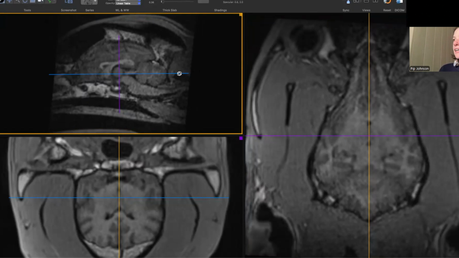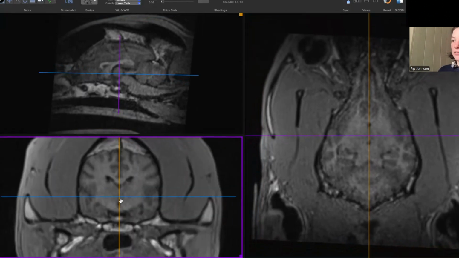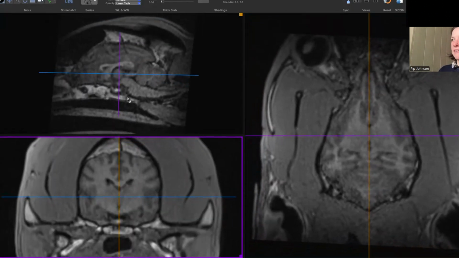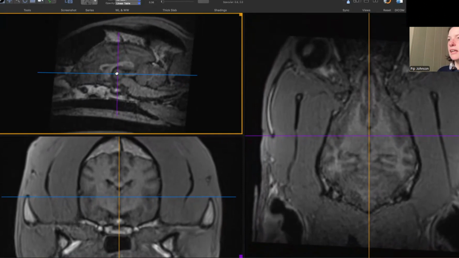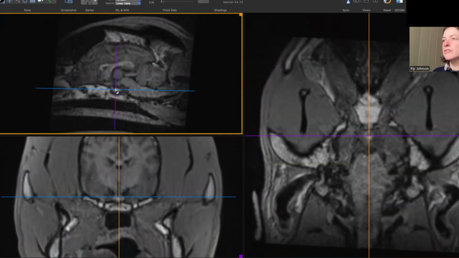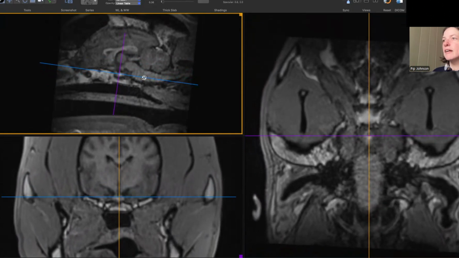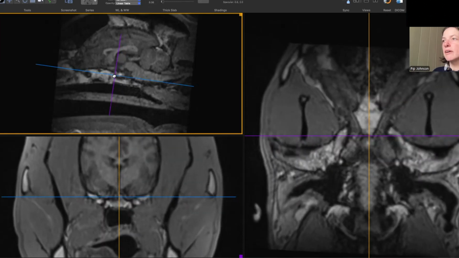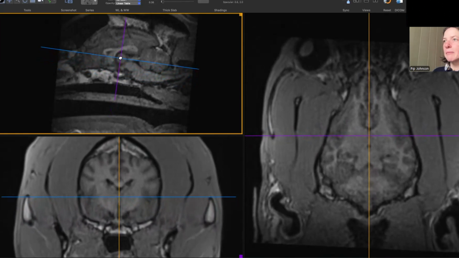What's nice about this is that I can really realign the slices to be in a very standardized fashion, so it allows for slightly more accurate measurements to be made, because we have everything perfectly aligned, and that's very standardized across sequences. So we're going to start off and make sure we have the correct alignment. To do that, we're going to alter our longitudinal measurement so our transverse slice is roughly perpendicular to the base of the cranium and the sphenoid bone here. And then we're going to come up to our interthalamic adhesion here.